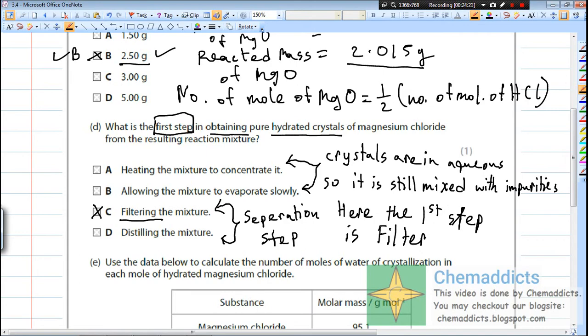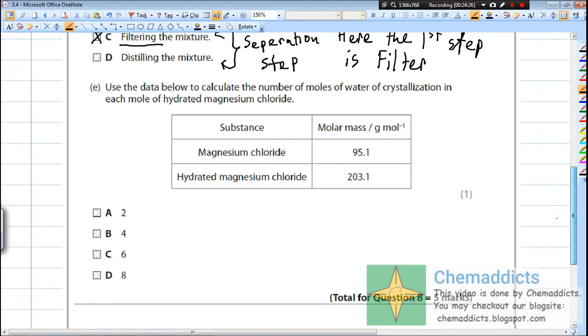Now let us move on to the next solution. I know the video is becoming longer. So what should we do? Since we are discussing this in detail, it is getting quite long.